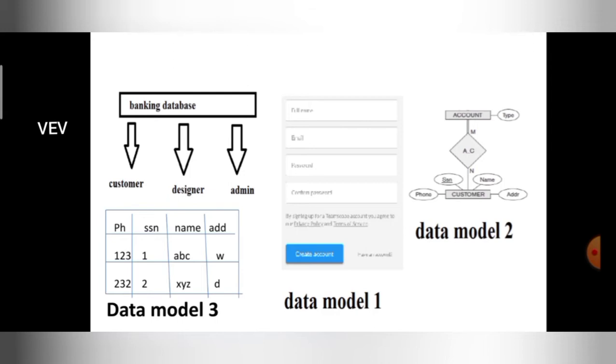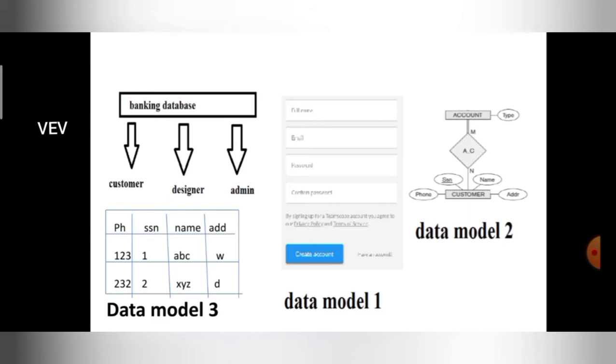All the other details are hidden from the designer. Designer doesn't want to use the details that are needed by the customer. Designer only wants to use the information that is in the data model 2. You can see data model 2 contains only the architecture information. Getting, guys, how I am achieving the abstraction using this data model, right?